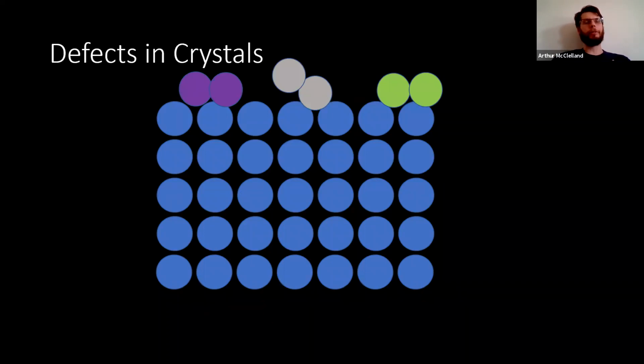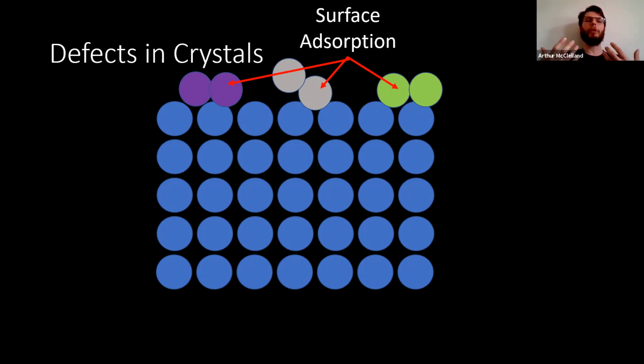Another effect of the surface atoms is surface adsorption. Because those atoms have this extra energy they're trying to reduce, they have these dangling bonds, they tend to grab things out of the air and adsorb them onto the surface quite easily. So this is often why for quantum materials we're trying to work really clean, sometimes in ultra high vacuum, to minimize this surface adsorption. And the surface adsorption is a phenomenon due to the higher surface energy due to this defect in the crystal.